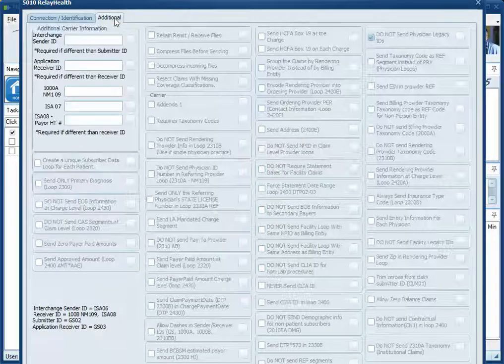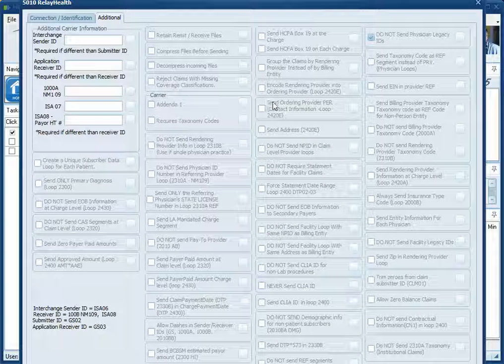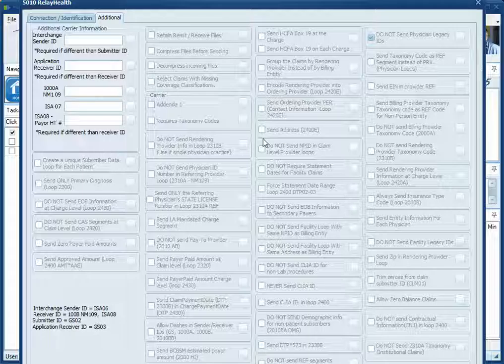Okay, under the additional tab, it's all of the same checkboxes. If you need to have something checked in here, call support first and we can help set this up the right way. The reason there are so many checkboxes is because over time each insurance wants something slightly different, and so we've had to make exceptions for those insurances. For example, recently they all decided they wanted to see that zero paid amount, so we added a checkbox to allow that zero paid amount to go across in the claim file. There's a whole bunch of different options in here, so just call our support team if you need help